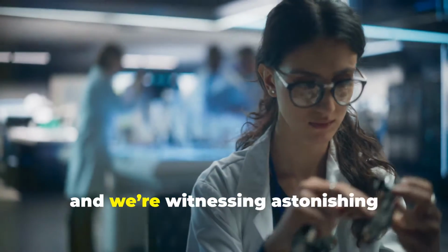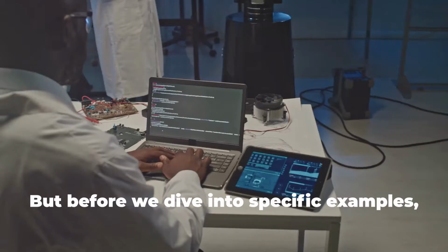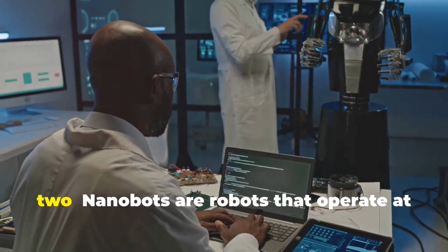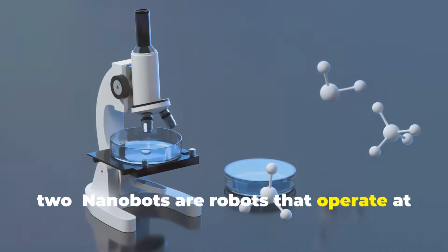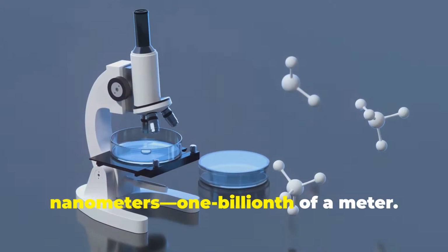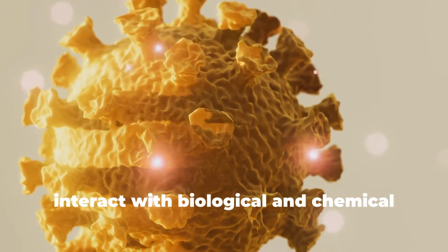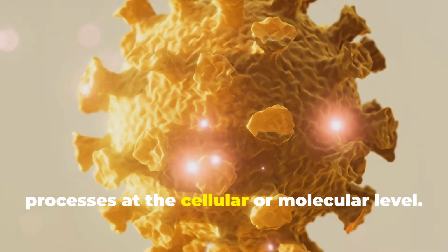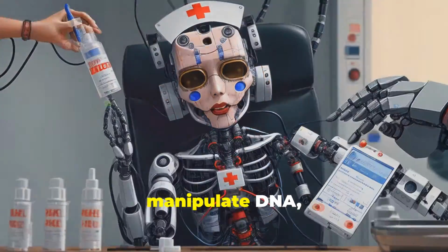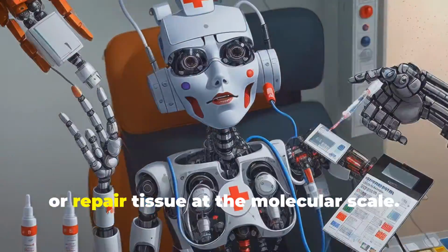Fast forward to today and we're witnessing astonishing advancements in nanobots and microbots. But before we dive into specific examples, let's clarify the difference between the two. Nanobots are robots that operate at the nanoscale, typically measured in nanometers, 1/1000th of a meter. These tiny robots are designed to interact with biological and chemical processes at the cellular or molecular level. They are so small that they can manipulate DNA, deliver drugs directly to individual cells, or repair tissue at the